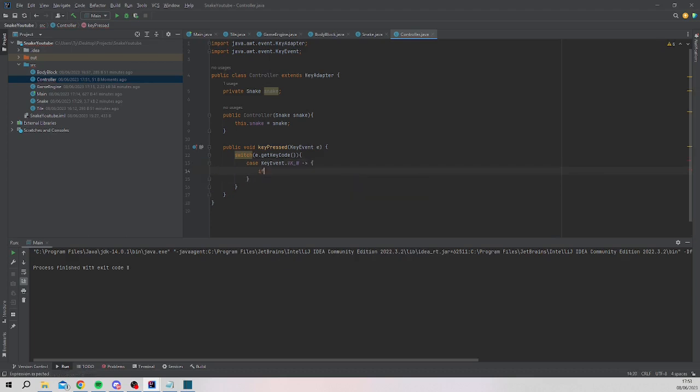One thing we do have to be careful with is if the snake is traveling down, we can't instantly press up, because if we do that, then we essentially go through ourselves, and we can't do that. So we have to go right or left first and then up. So we can only ever go up if we're not going down. So if snake.getCurrentDirection is not equal to down,